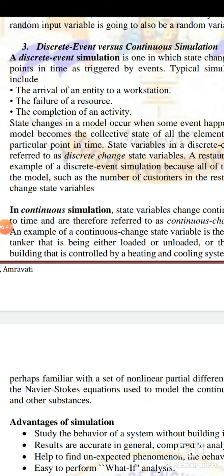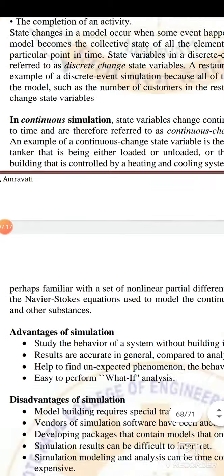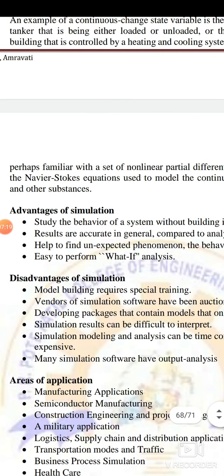You will easily understand when we talk about an engine. In an engine, four operations are going on: suction, compression, power stroke, and exhaust. These strokes go on continuously, and while they are going, the vehicle is moving. So it is changing continuously with respect to time. When we study those systems, we first make a model of the system, then we simulate it, and such a simulation is called continuous simulation. So this is about the basic kinds of simulations.